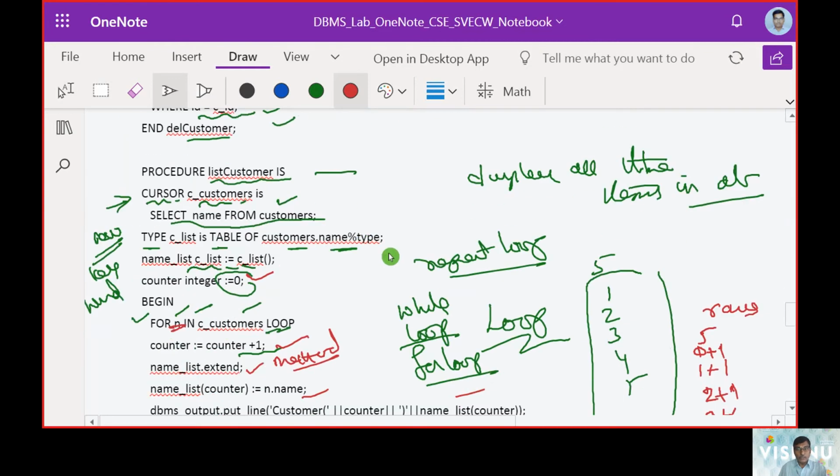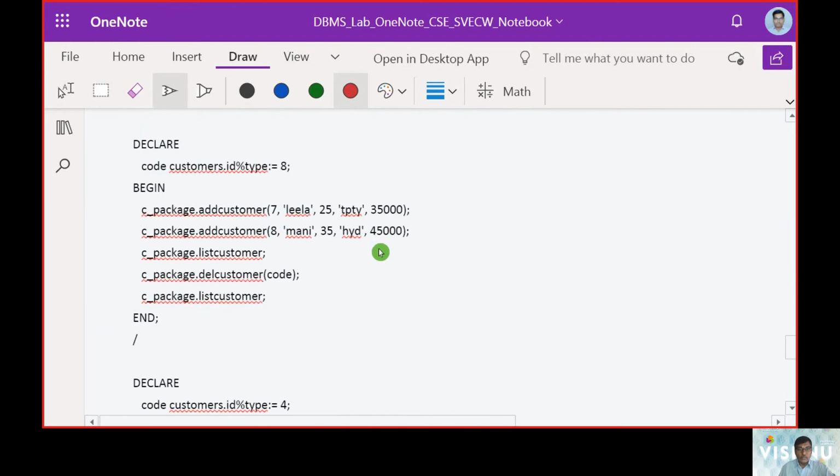We made package definitions. Next, we have to use the packages from the main. So how are we going to do it? We can say I want to insert a type 8. Then we are going to make an insert command in these two cases.